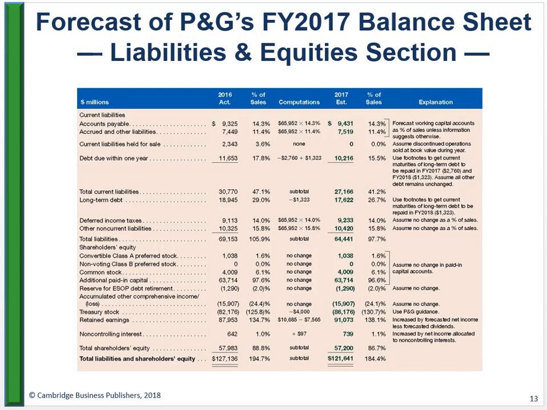We're using the footnotes to get current maturities there. Deferred income taxes, non-current liabilities, we're using percentage of sales. You can see there that with many of the equity line items we have no change forecast whatsoever, or we're assuming guidance. In the case of Treasury stock, retained earnings will simply be increased or decreased by our net income and dividends on the year. Dividends are usually a fairly consistent policy,